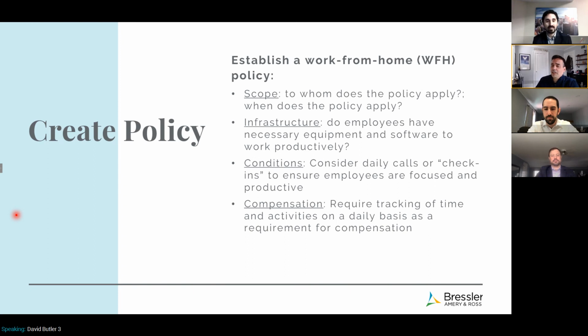How are you doing that? How are you ensuring that people are keeping the operation flowing? It's that constant communication you need to have with your employees, or your assistants, or your colleagues, just to kind of reduce that. I think what's going to happen in the next few weeks, if we're still going with this, is that increase of social isolation in the workplace, where you've lost those contacts with your people in the cube next to you, in the office next to you, and kind of getting into a drudge,